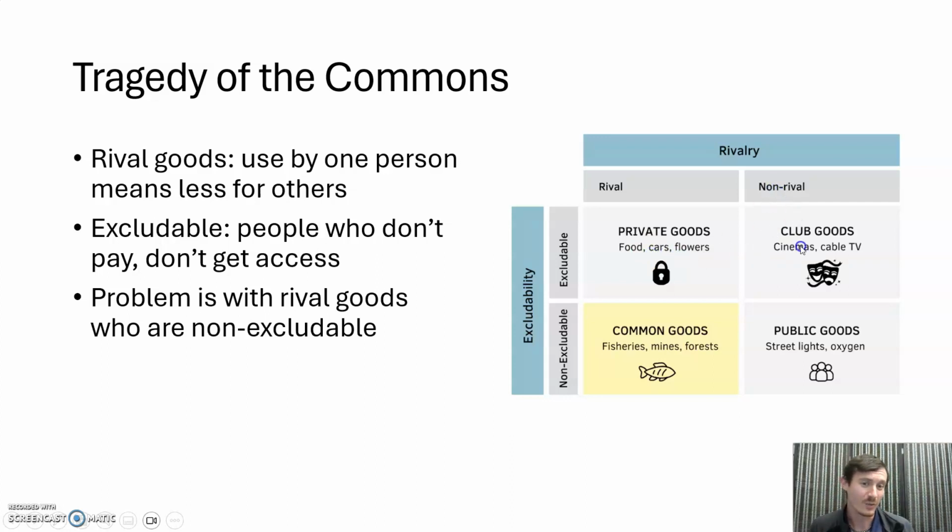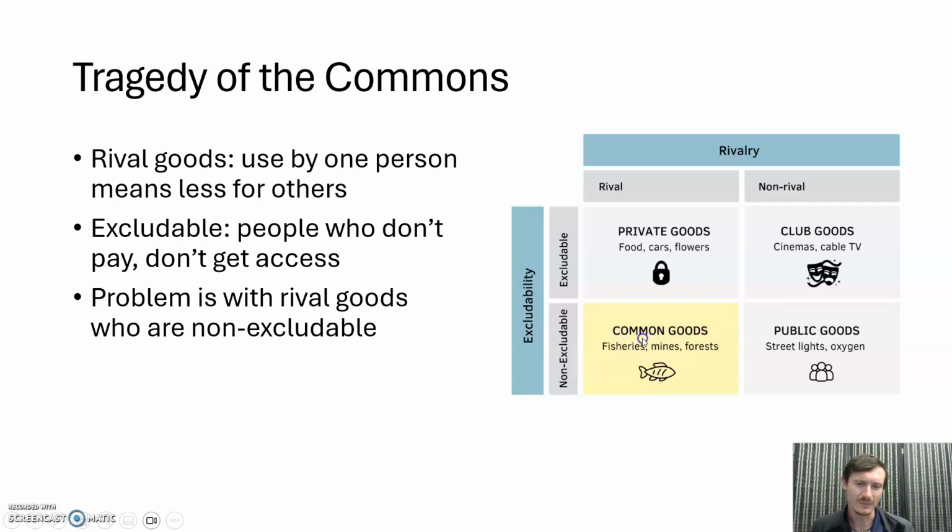You could have non-rival but excludable goods. So the movie theaters. Unless everything is sold out, one person going to the movies is not going to prevent another person from going. Cable TV, I guess you could put software. This was probably made before software was all that common. I don't know, but software is a good example. So one person goes and downloads a movie. Doesn't mean that other people can't. Same for a program, video game, whatever it might be. You could have non-rival, non-excludable goods, which we talked about.